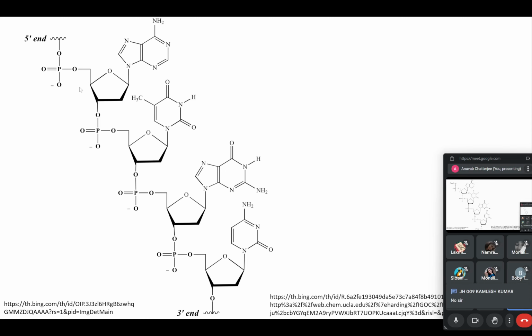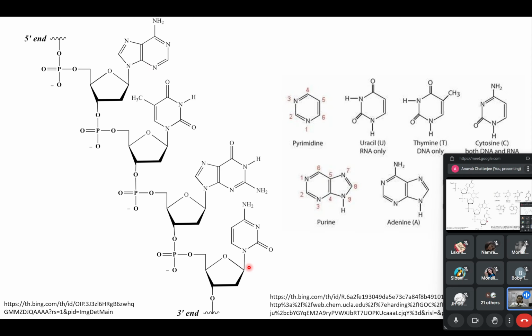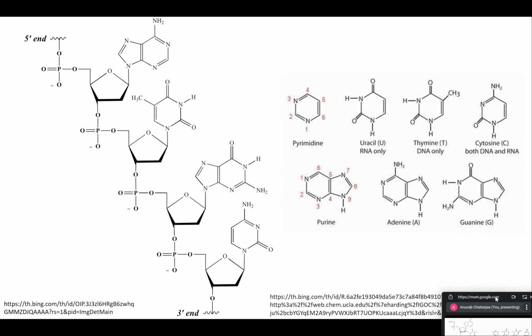A long chain of, think of the molecule DNA. Excellent. Aruna and Monalisa both said DNA. Yes, you are correct. This is a DNA polymer with a phosphate backbone and a ribose sugar as well as four different nitrogenous bases. So these bases, depending on the structure, there are four bases present in DNA and four bases present in RNA.